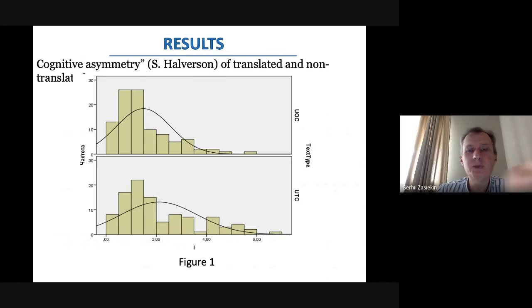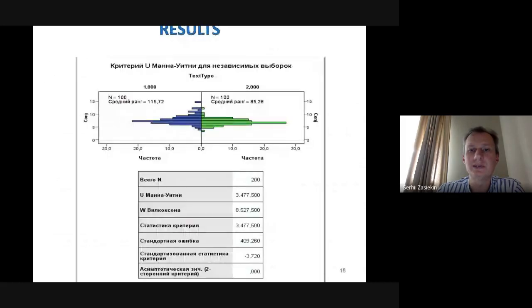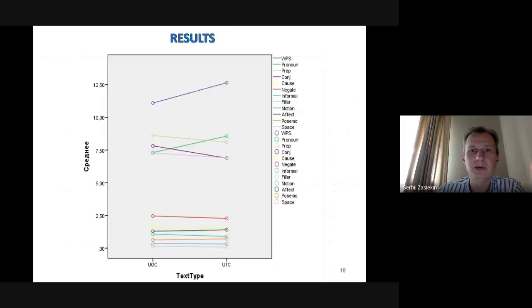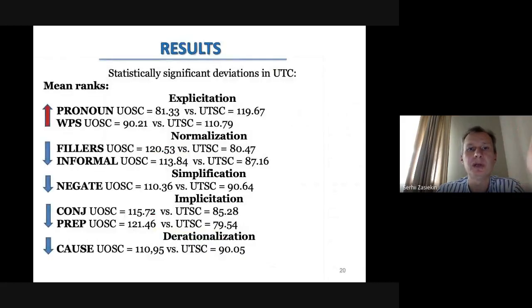You can see an image of the so-called cognitive asymmetry, a term introduced by Halverson, of translated and untranslated texts. This asymmetry is, I guess, clearly seen here, and you see the other results. What we see on the top of this figure are all those significant deviations in the translated text as compared to the original text. So the main results were